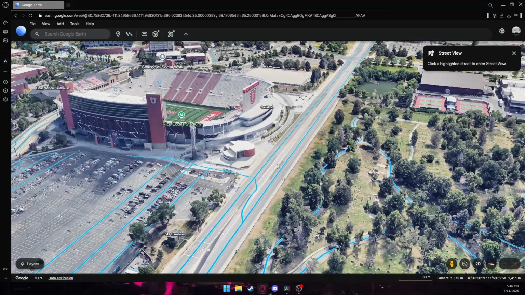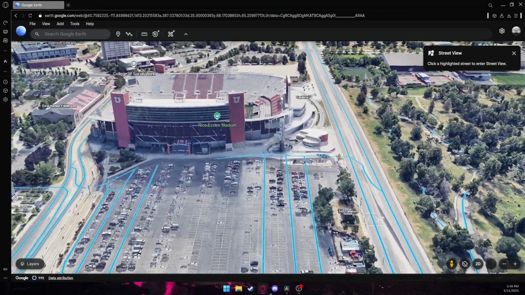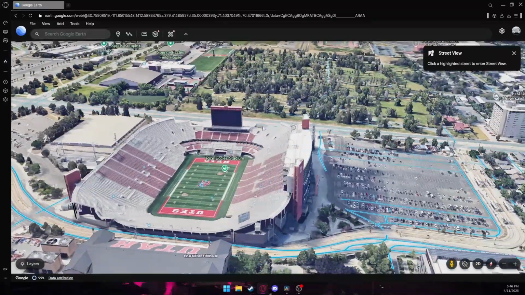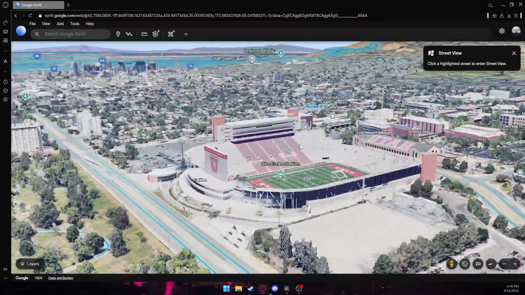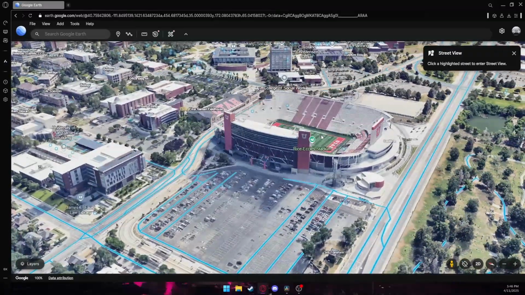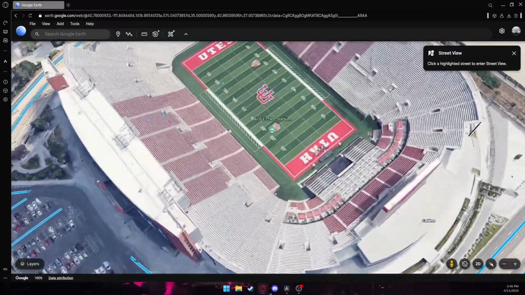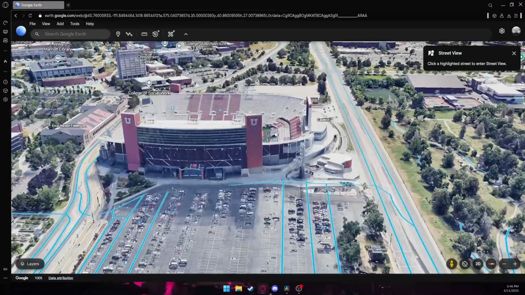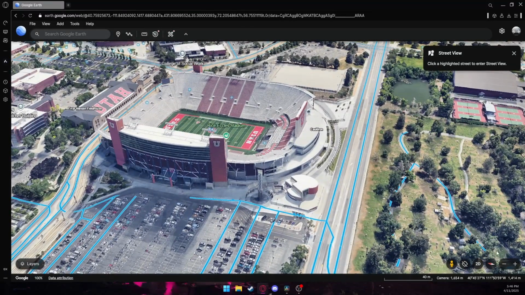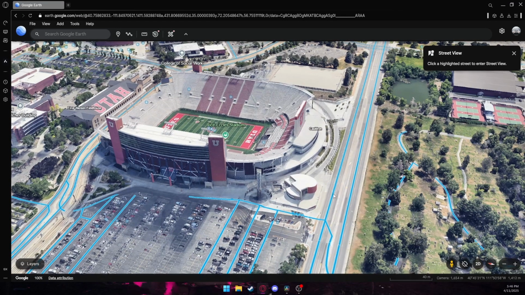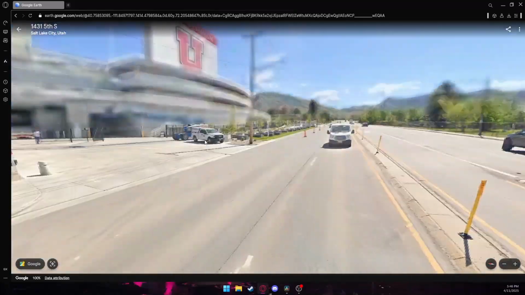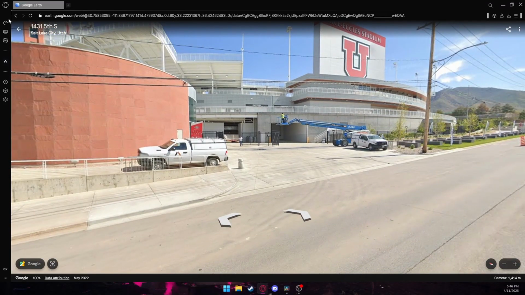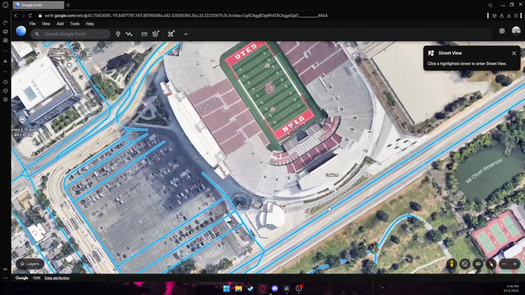So in my opinion, the best way of getting a reference for your stadium is to go onto Google Earth. Google Earth provides basically a 3D model of whatever stadium you are building. It's just honestly the best way of seeing exactly what dimensions your field are, and it's just the best. If you don't have certain angles, you can drop your little guy down for certain street views. You can look around to get more of the specific details you need, or you could also drop him on